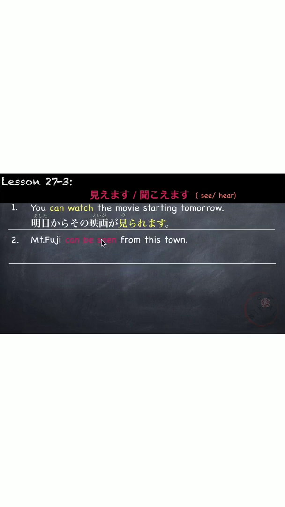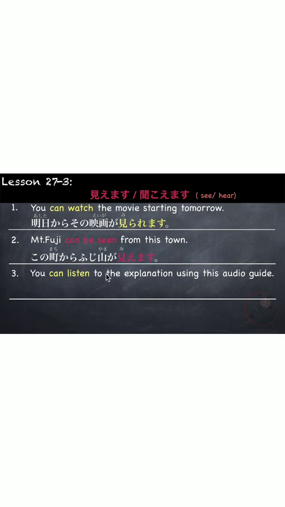However, if we say Mount Fuji can be seen from this town, we use この町から富士山が見えます。So we use the involuntary verb for see, which is 見えます, because the action is involuntary. この町から富士山が見えます。